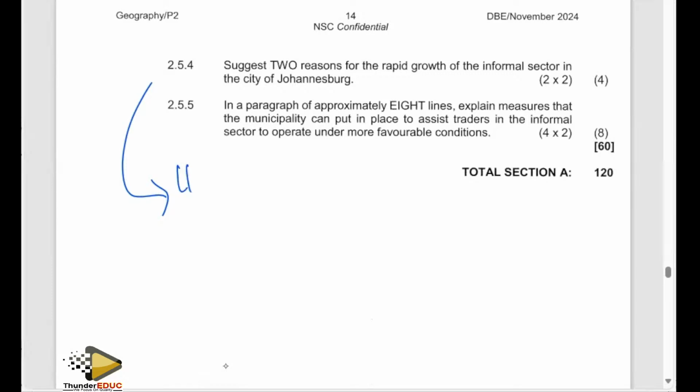The first reason is unemployment in the formal sector. Because of high unemployment in the formal sector, people are opting to engage themselves in the informal sector. The formal sector is failing to absorb all the people, hence people are finding their way to survive in the informal sector. Then you can also talk of